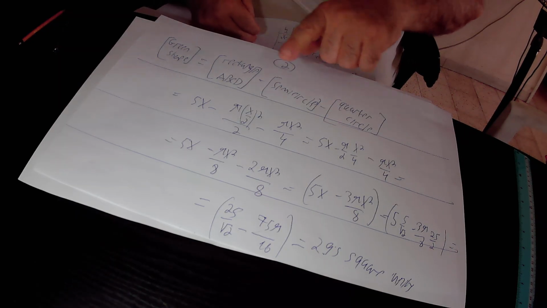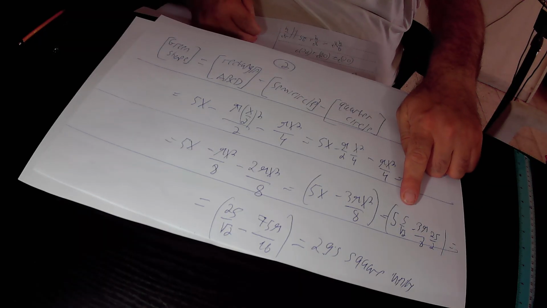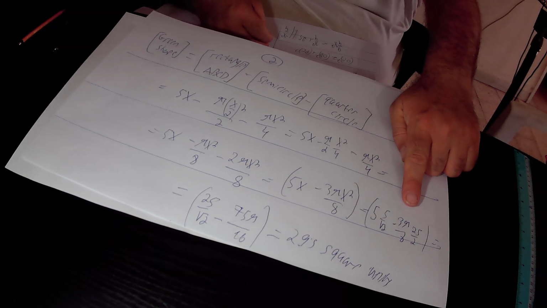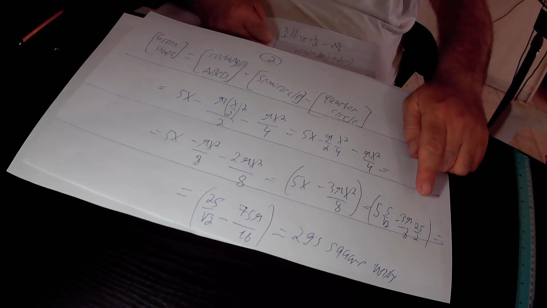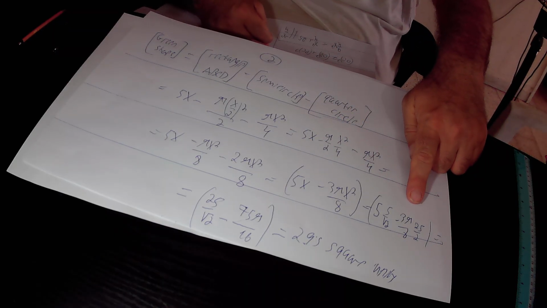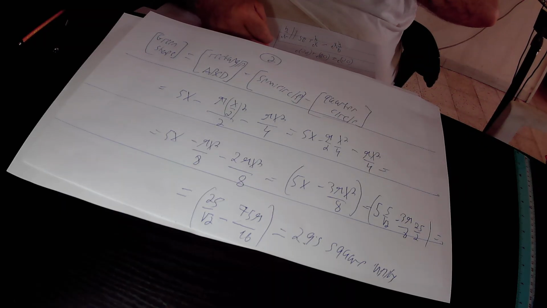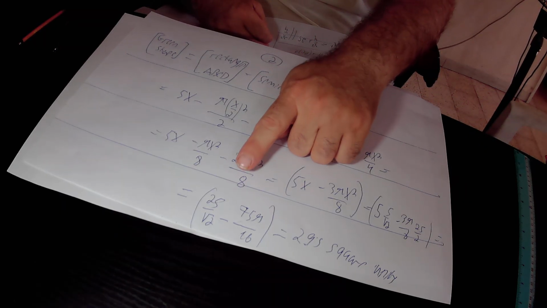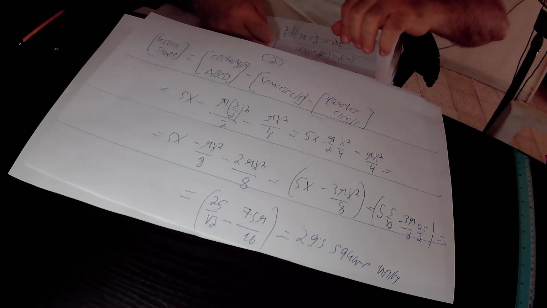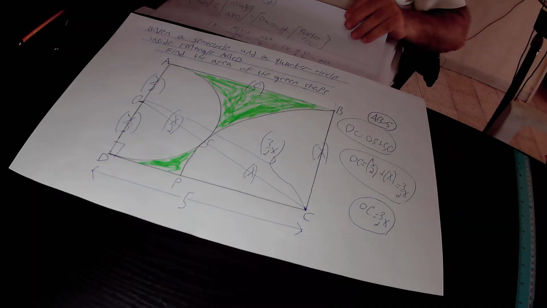So in total the area of the green shape equals 5 times 5, which is 25, so this expression equals 25 over the square root of 2. And in the numerator of this expression we have minus 3 pi times 25, that is minus 75 pi, over 8 times 2, which is 16. So the area of the green shape in total equals 25 over the square root of 2 minus 75 pi over 16 square units. In terms of numbers, the area of this green shape equals